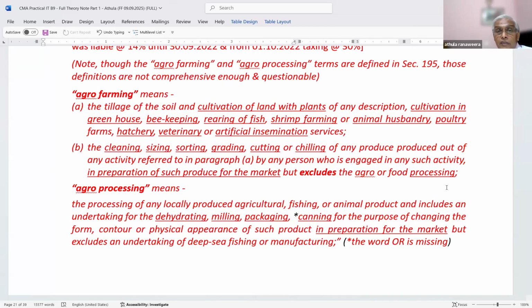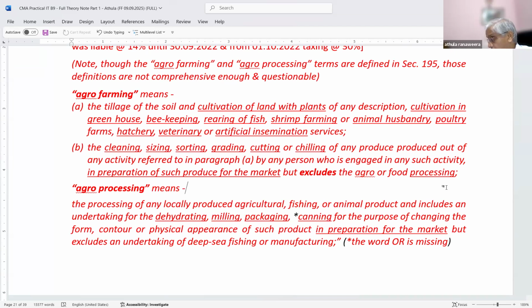Then the same thing happened in the 2006 Act. I, on my own alone, fought with the IRD. At that time, all other professionals accepted the IRD view, but I was not accepting. As a result, I fought with the IRD and went up to the courts level. At the Tax Appeal Commission, I won this agricultural case. I had almost about 32 cases. I think about 10 or 12 cases went up to the Tax Appeal Commission. I won all these cases one by one.